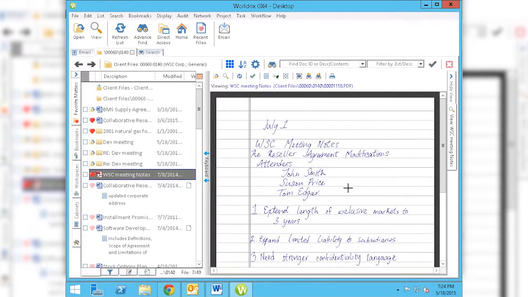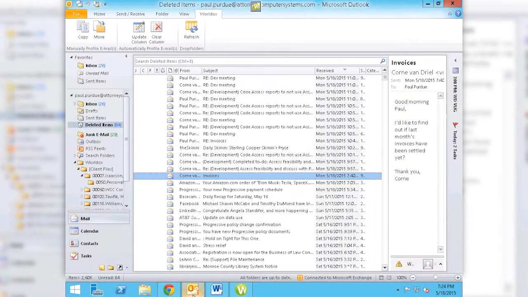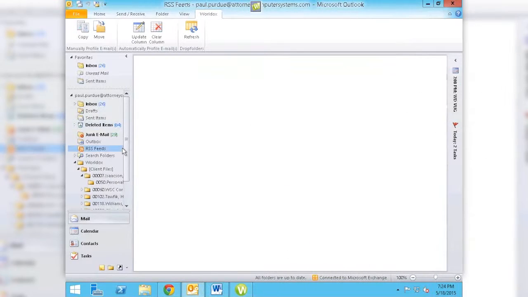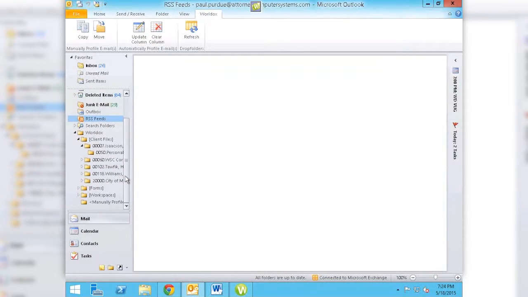And so with that, I'm going to move on to search, retrieve, and view Worldox matters directly from Outlook. Oh yeah, this is cool. So in the past, we've had these neat folders that we could set up. They were quick links or quick profiles, and we could make them show up in Outlook. Now they happen automatically. Once a matter becomes a favorite, and it's very easy to make a matter a favorite,